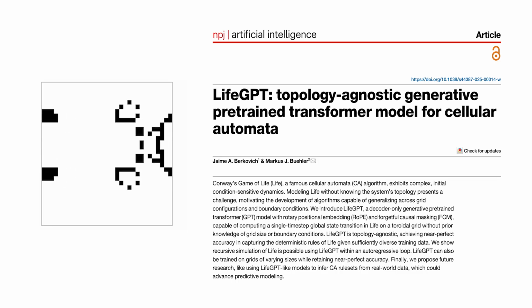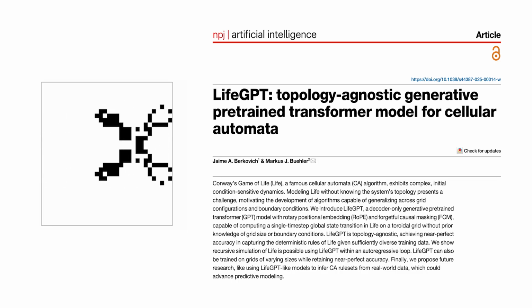First, a couple of quick definitions to make sure we're all walking together. Topology in this context is about the shape of the board and what happens at the borders. If you imagine an ordinary board, when a glider reaches the edge, it just falls off. But with toroidal boundary conditions, the top wraps to the bottom and the left wraps to the right. It's like Pac-Man. Leave one side, appear on the other. The idea that a model could learn what to do at the edges without being told is pretty striking.